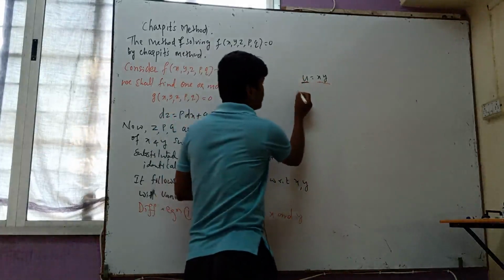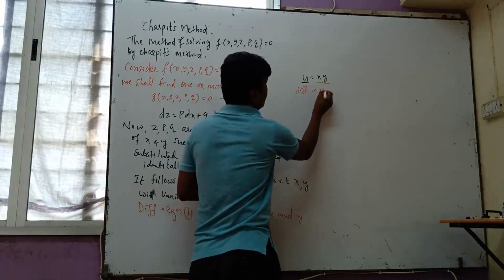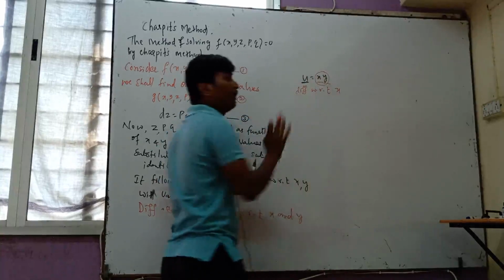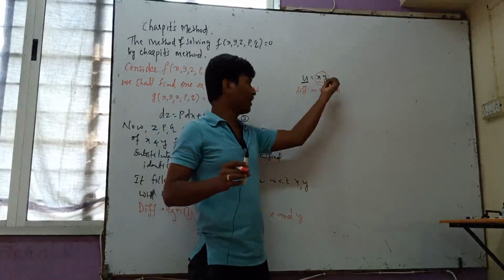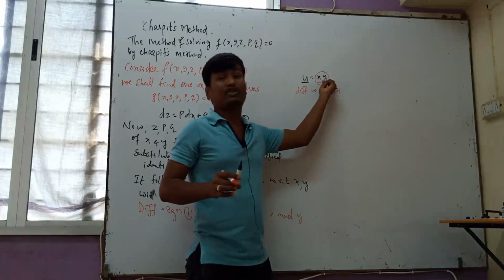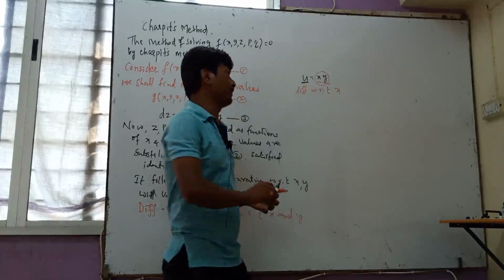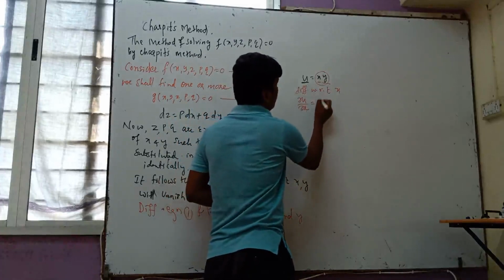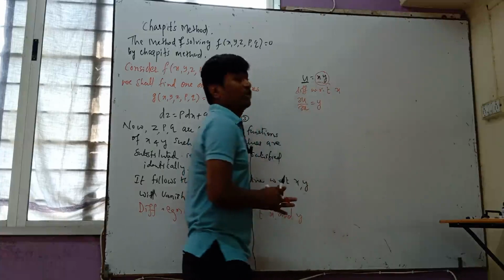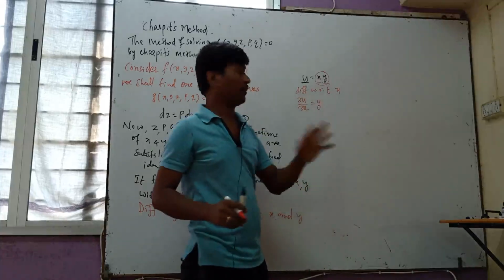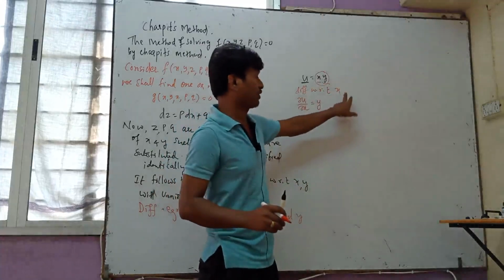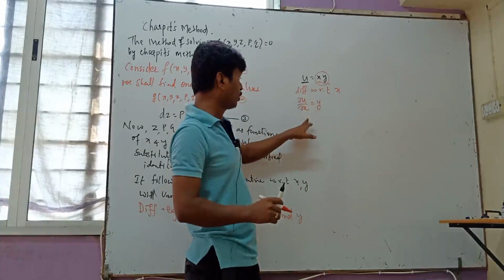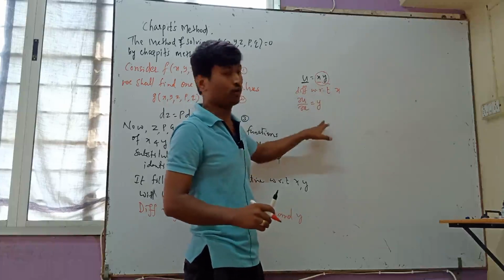If I differentiate with respect to x, then we have the concentration only on x, not on y. Y acts as a constant in partial derivatives. So dou u by dou x is equal to y times the derivative of x with respect to x, which is 1. Like that, if you differentiate with respect to y, x becomes a constant. Therefore dou u by dou y gives x only.